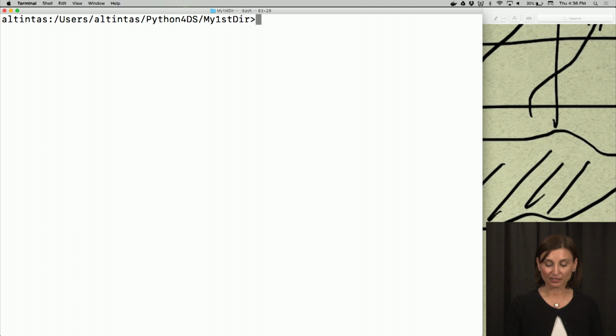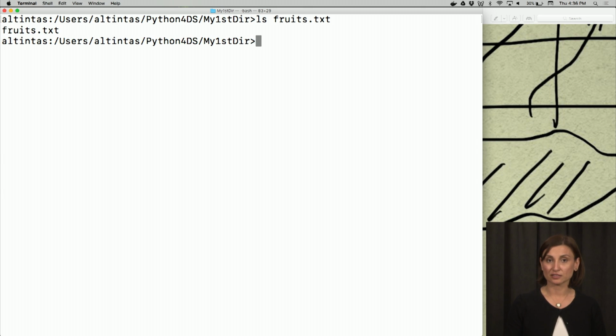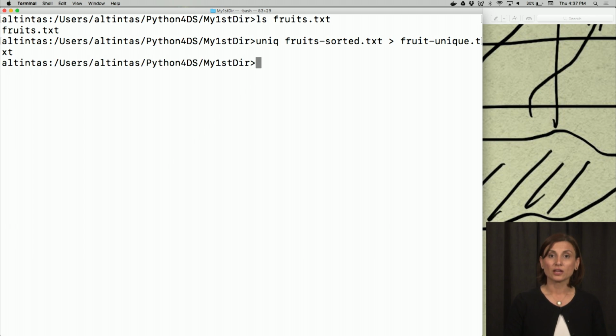Remember, we had the file fruits.txt in this directory. We wanted to count the number of unique fruit names in it. We said unique fruits_sorted.txt, and we piped it into fruits_unique.txt, just like this. So we redirected the unique fruit names in the output of the unique command to a text